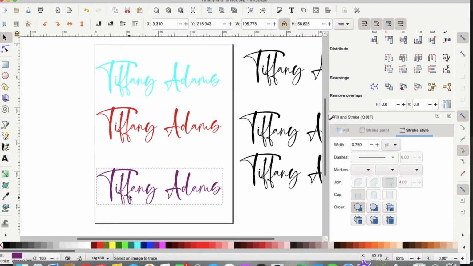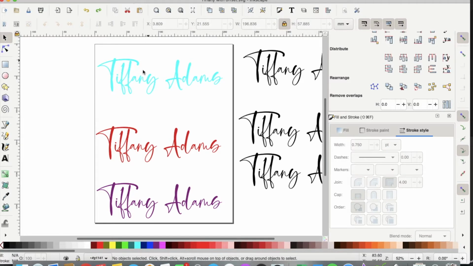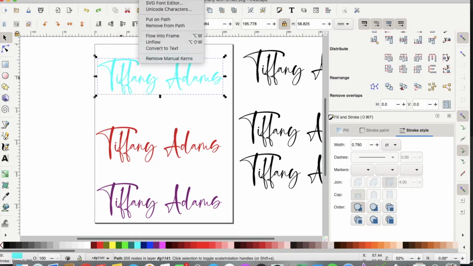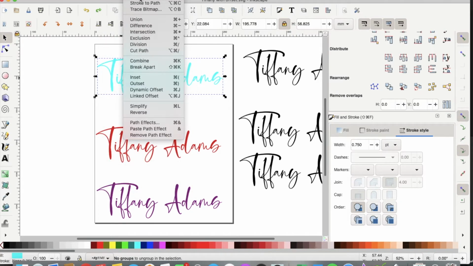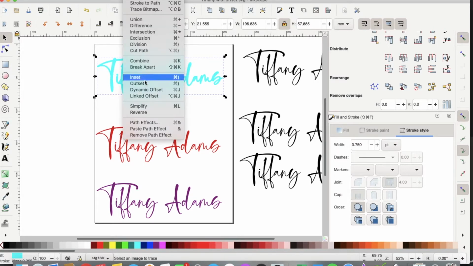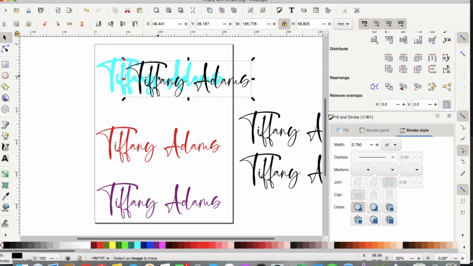Okay, so the first way that we're going to do the offset in Inkscape is to do what is called an outset. So first thing you need to do is go to Object, Ungroup, and then go to Path, Object to Path, and then you're going to go to Path, Outset, and you'll see it get a little thicker each time you click on it. And depending on how thick you want it, how thin you want it, you just keep doing the path outset